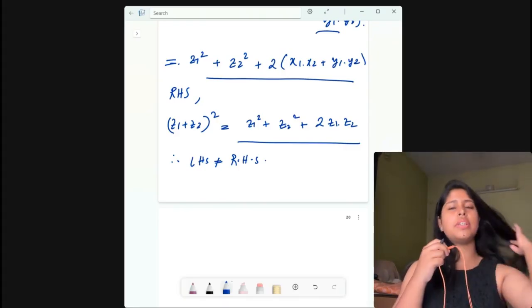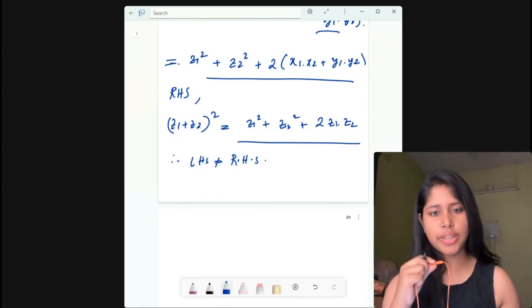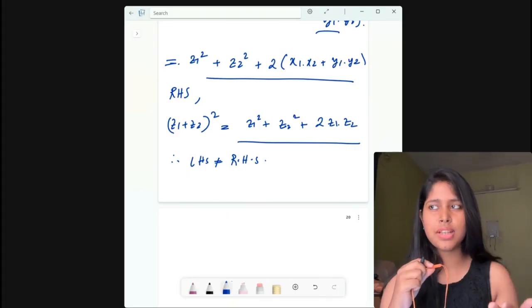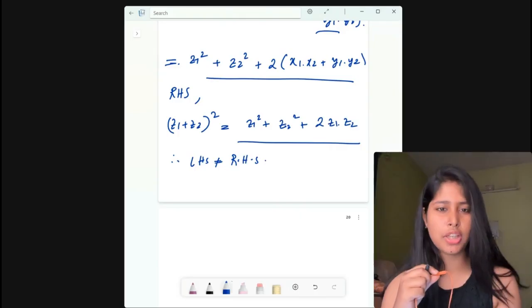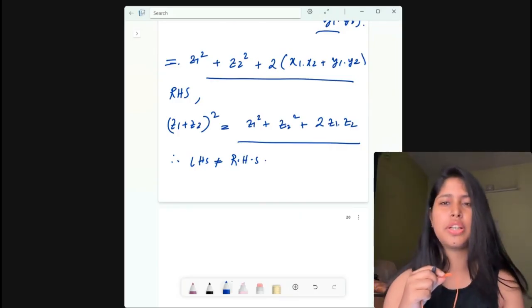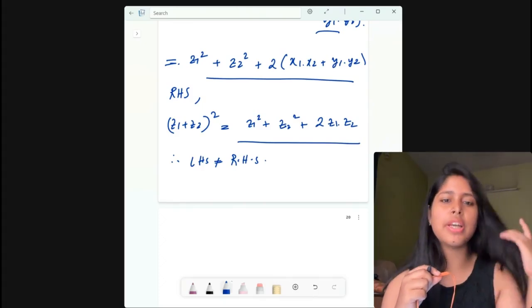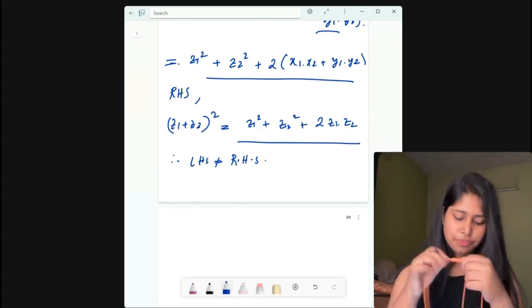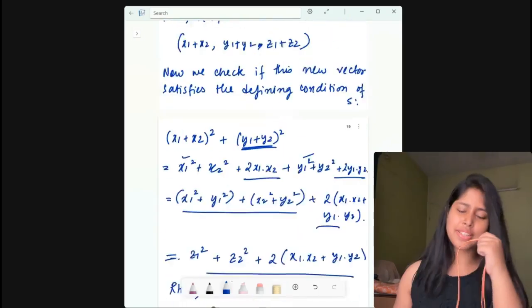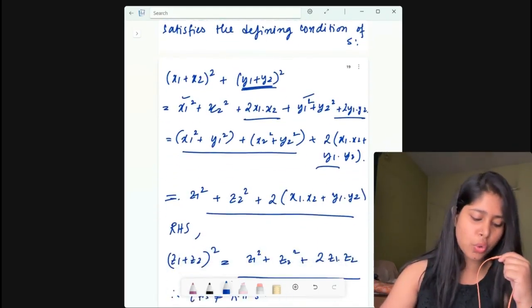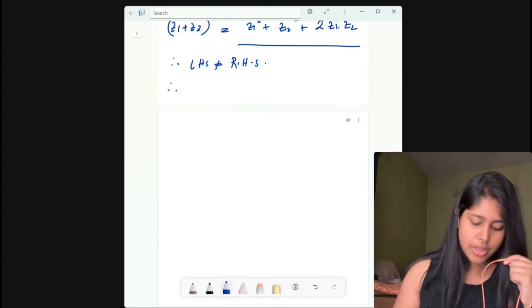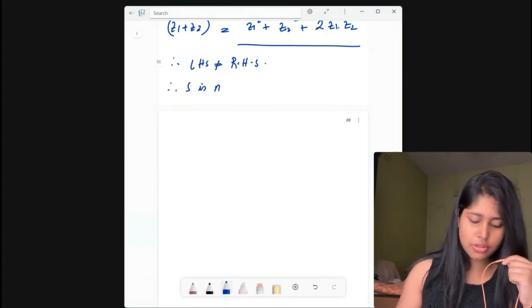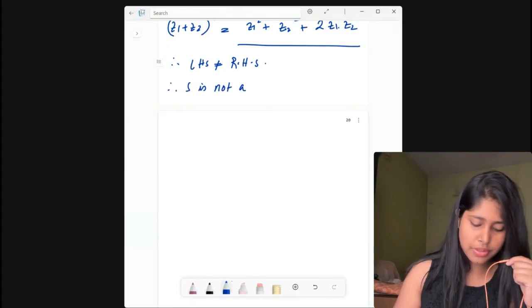So in this question, just by solving the first part, we have to check all the conditions of the subspace, okay? Not only the zero vector, not only closed under addition, we have to also check every property, okay? So we can see that in the second property, this is not holding. So we can say that S is not a subspace of R3. Therefore, S is not a subspace